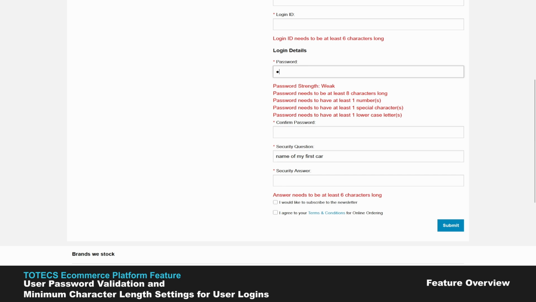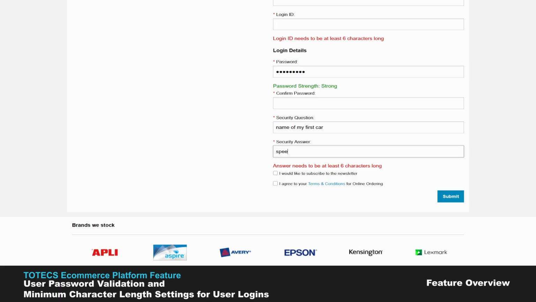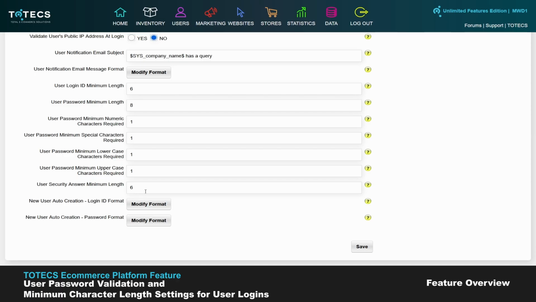This ensures that users are protecting their credentials from any malicious third parties that could try to guess the passwords using common known passwords and password phrases. Within any project on the platform, in its administration center, administrator users can now specifically set the minimum required character